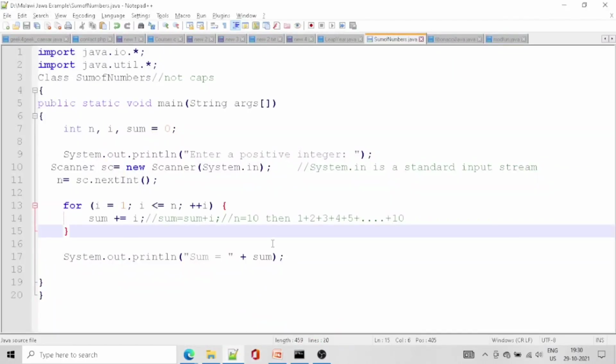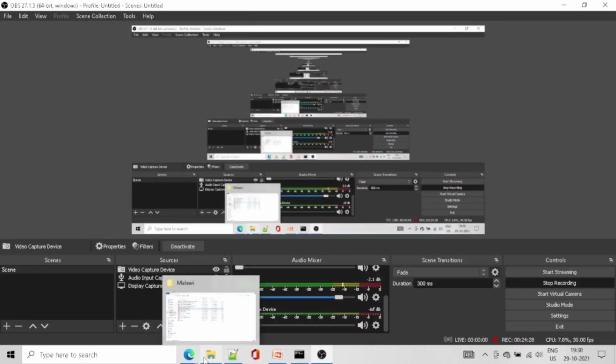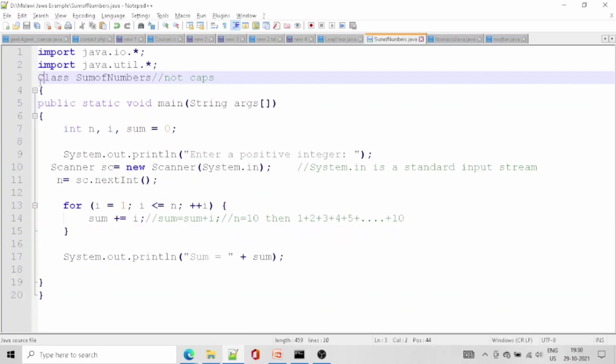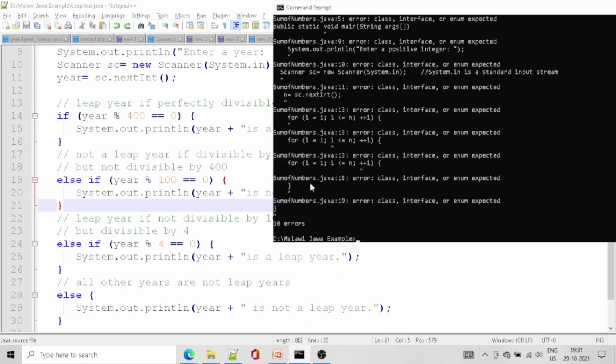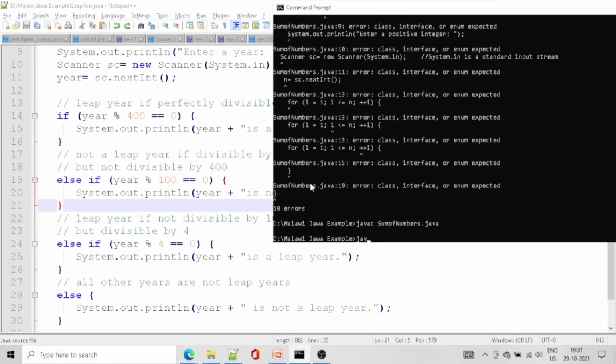So now we are going to run it. Before that, we need to change it to a smaller one, and we are saving it right away. So javac SumOfNumbers, and after that we will run it.